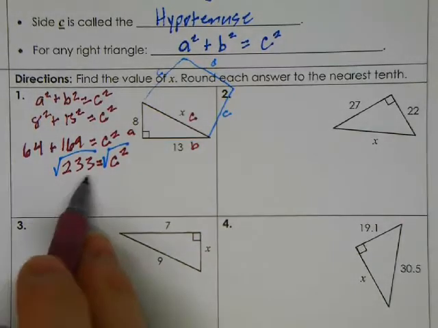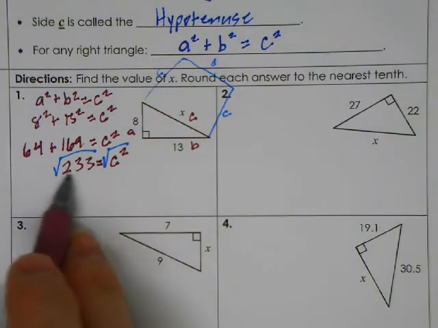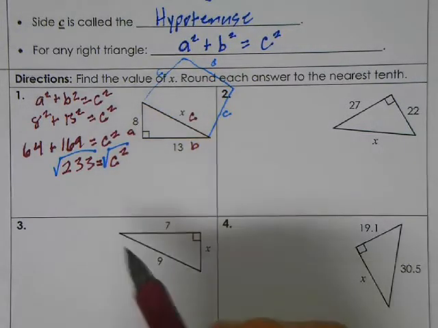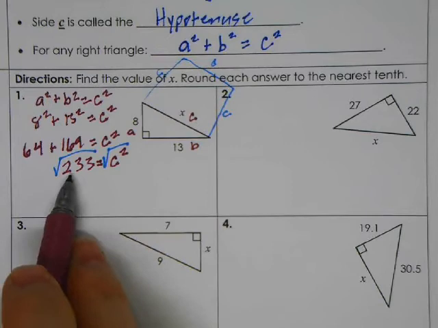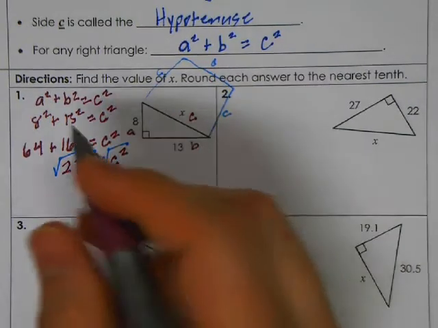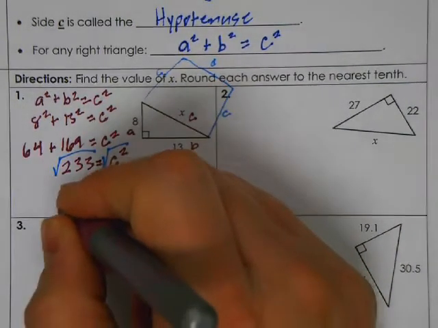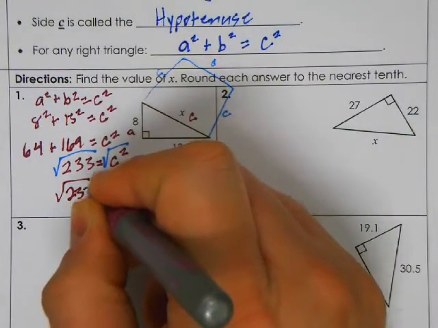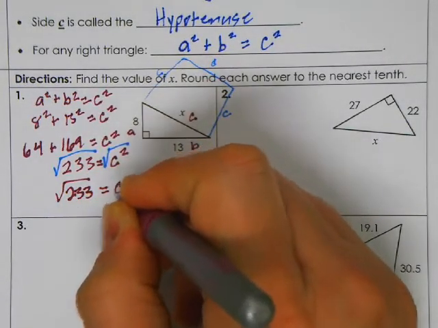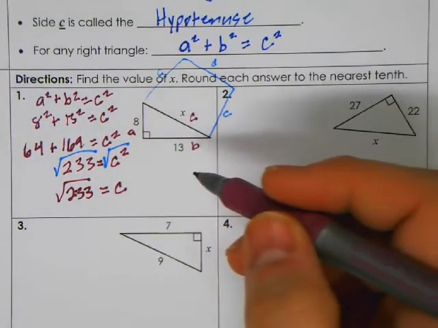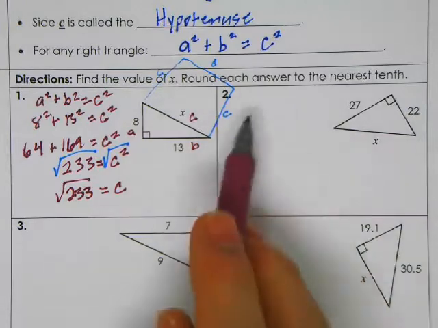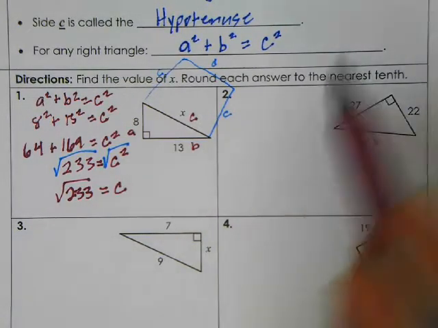Now normally we would try to simplify this as a radical, but if you try to take the square root of 233, it doesn't simplify because it doesn't have any factors that are perfect squares. So in this case we would say c is equal to the square root of 233. And that as an approximate number, because the instructions do say round to the nearest tenth,